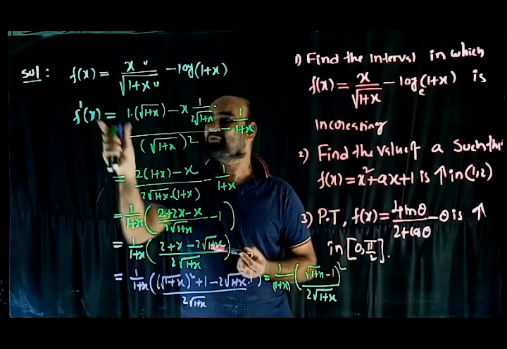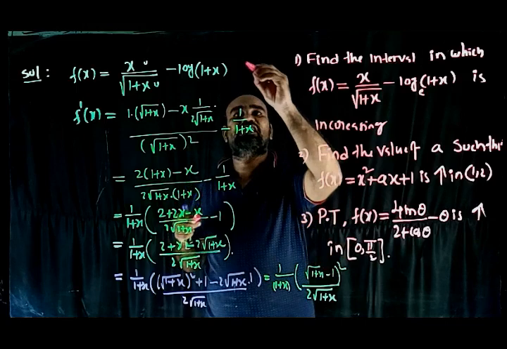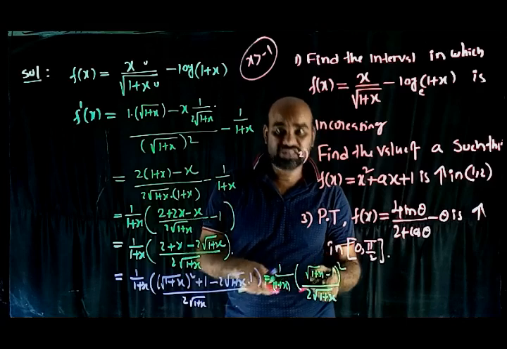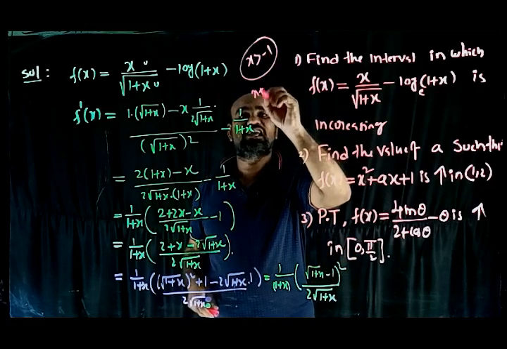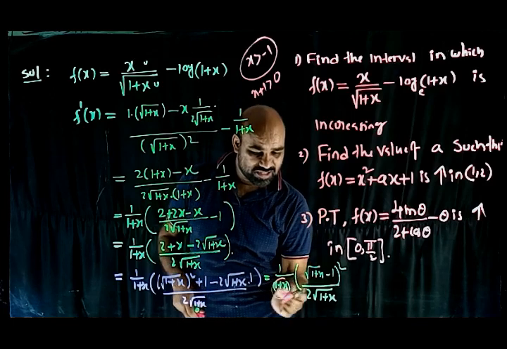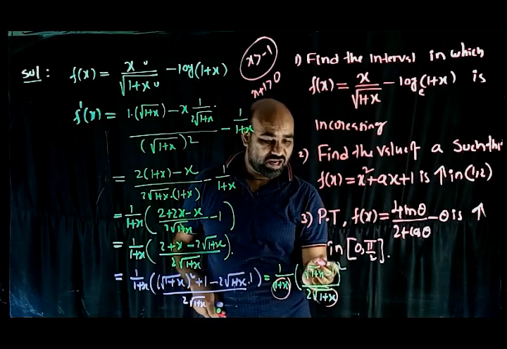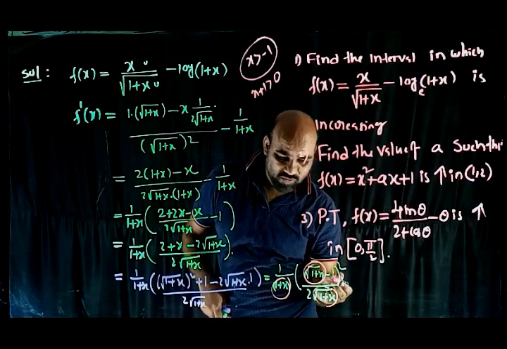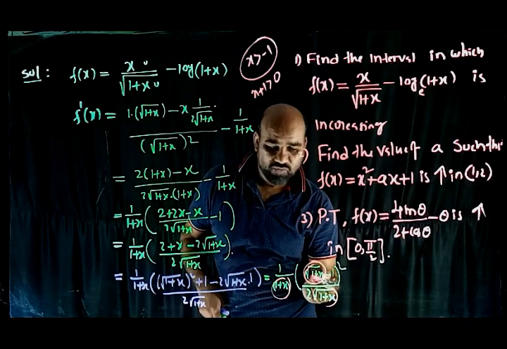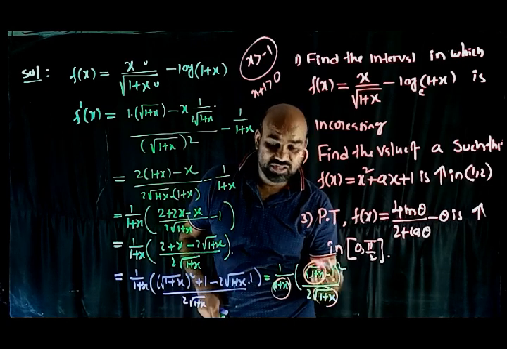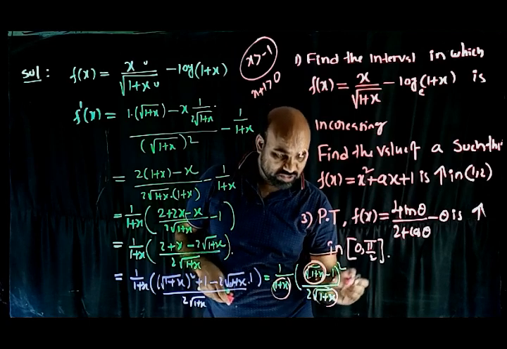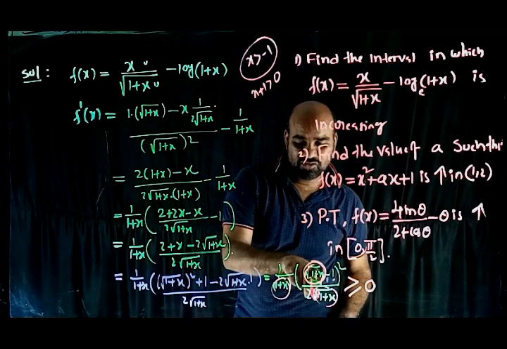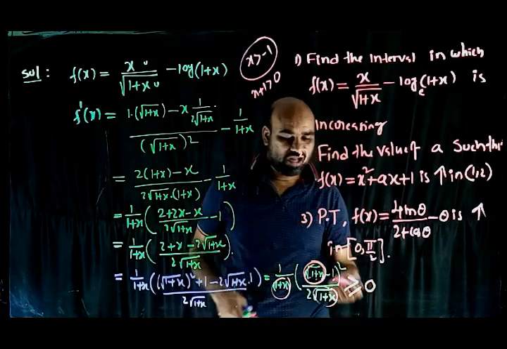Now we want to apply the sign scheme for this, in the interval x greater than minus 1. In this interval, you want to find the sign of this. x greater than minus 1 means x plus 1 greater than 0, so this is greater than 0, this is greater than 0. What happened? Already this value is greater than or equal to 1. If x is 0, this value is 1, 1 minus 1 is 0. So other than x equal to 0, it is positive. Total, this value is greater than or equal to 0. Equality holds when x equal to 0. Other than that, always greater than 0.